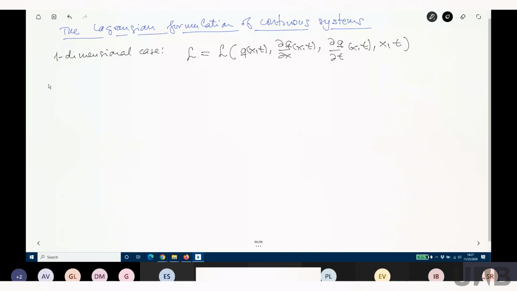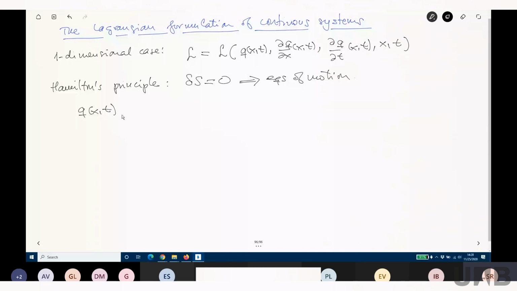Now, Hamilton's principle, we know what it is, right? It says that the variation of the action has to be 0. And this is going to lead to the equations of motion. So let's do the same. Let's do the same, okay? And the variation under what? So the variation means that we're going to take